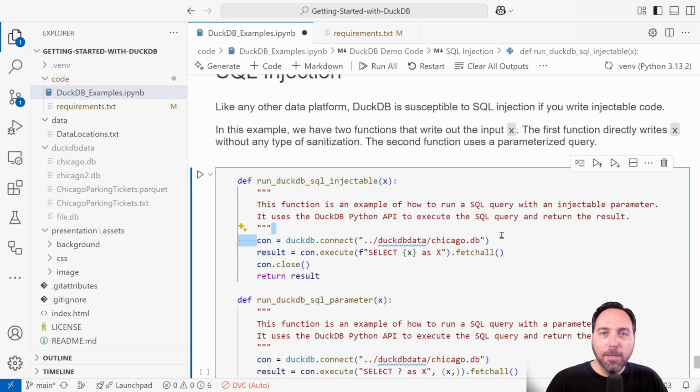We are going to open up my Chicago database, and then I will run a formatted string and fetch the results. So I'm selecting X, which is my input parameter, as X, and I'm running a fetch all. And then I close the connection, I return the result. I will say, functionally, this code does exactly what you expect it to do. However, this X is a non-sanitized parameter that allows for arbitrary insertion of whatever, and we're going to make use